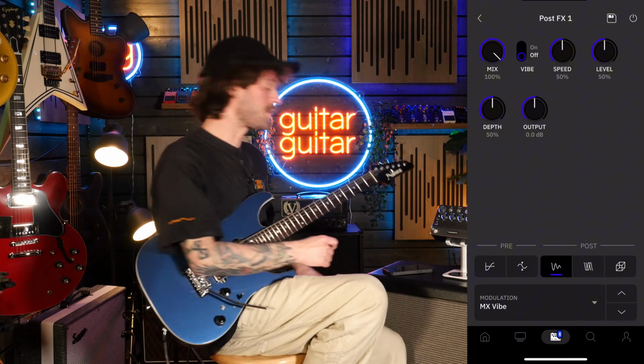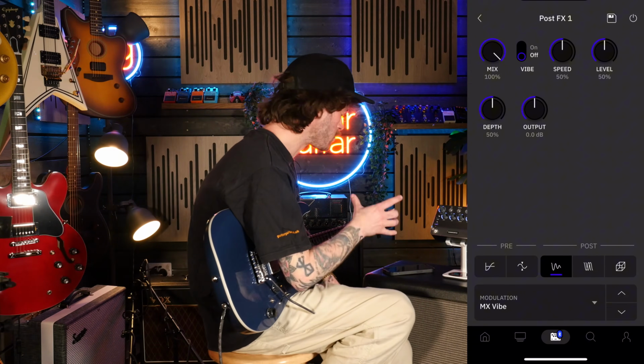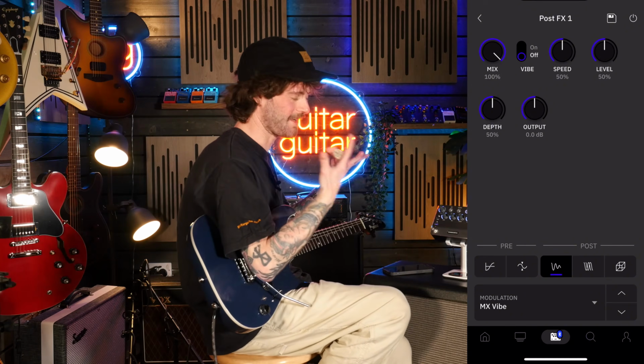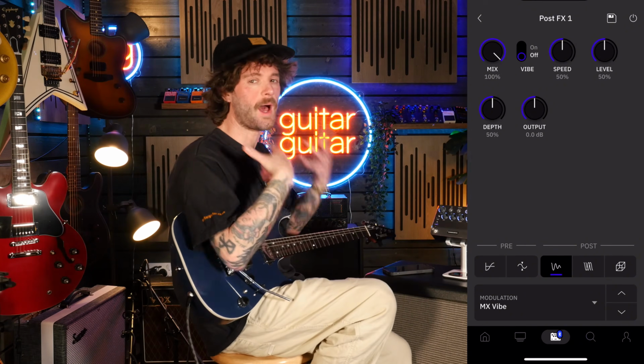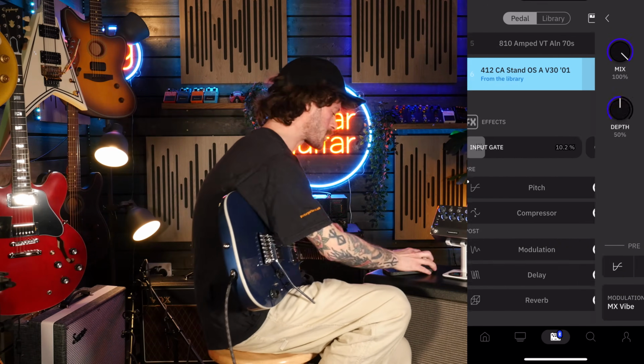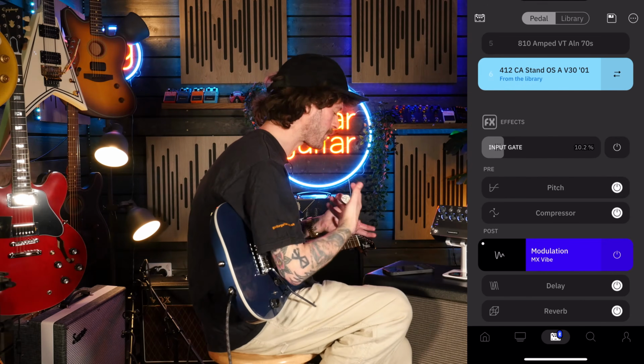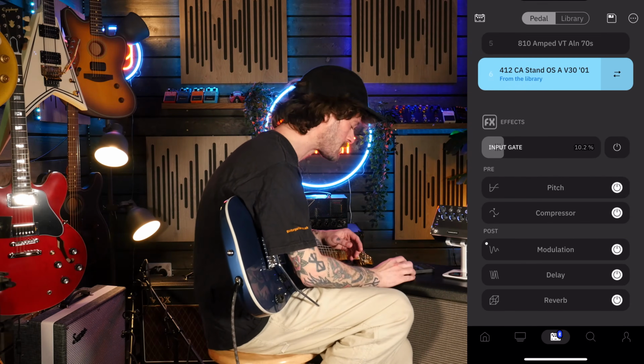loads to choose from there, just depending on what you need it for. And of course, I think that again, that's just the really cool thing about this, is they've added much more sounds that people can really experiment with and find exactly what you need.